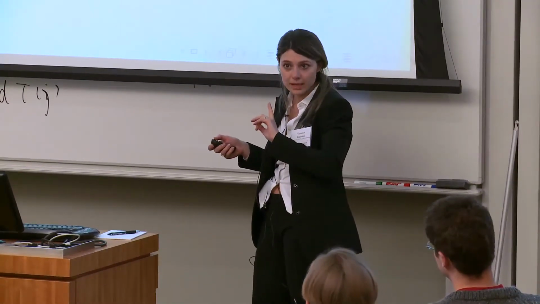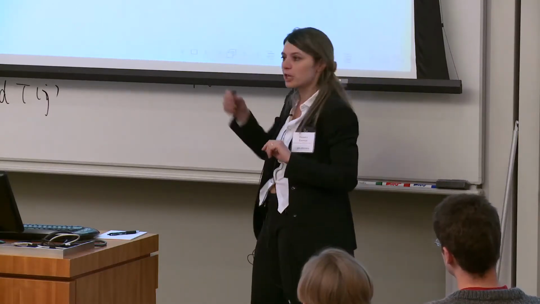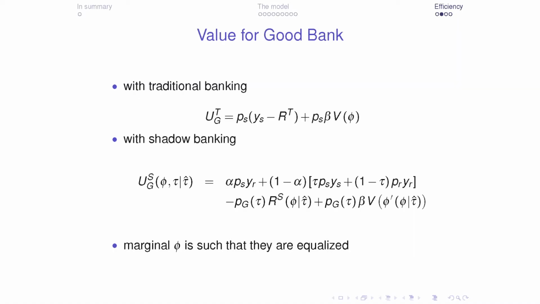Now, in the model, we said that the choice between shadow and traditional banking system is really made by the good bank. Let's assume that we select the equilibrium where, if the shadow banking system is an equilibrium, this is the equilibrium we pick. Then what's going to happen? We can find the marginal fee such that the good bank is going to switch from the traditional banking to the shadow system, and ask the question: is this maximizing the social surplus or not?